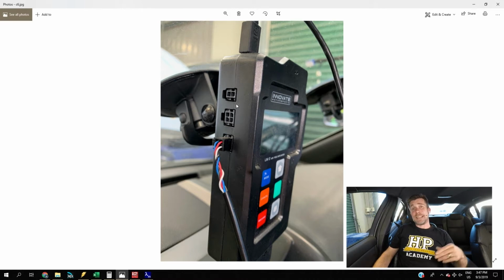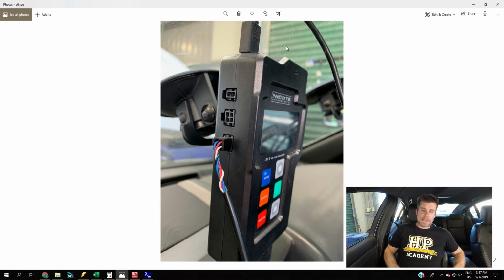There is a really long thread on the HP Tuners forum with people talking about serial inputs, not just the LM2 but the other widebands that are supported. Basically it seemed like there was about a 50% hit rate of people that could get the LM2 data into the scanner successfully and others that didn't. Not particularly helpful, but HP Tuners at the end of that thread closed it all down and said that they're not supporting it anymore. Anyway, I've managed to get the data in with reasonable reliability, and I wanted to show you how I've done that.